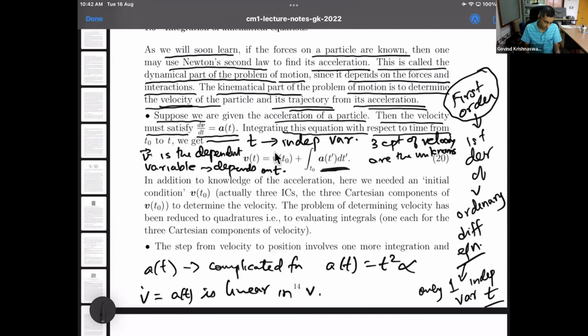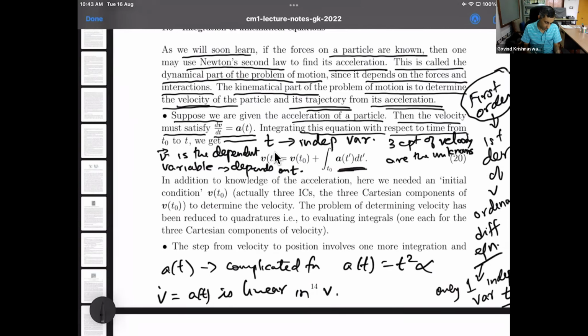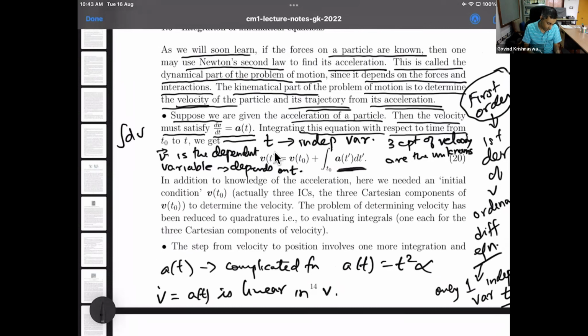We will get on the left-hand side the integral of dv equal to the integral of a dt, going from some t naught to t. For good measure, we will denote the variable of integration t prime, to not confuse it with the upper limit